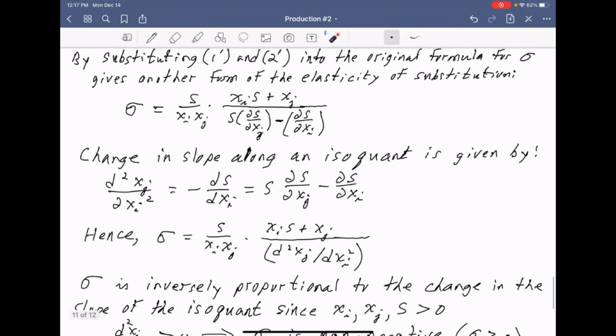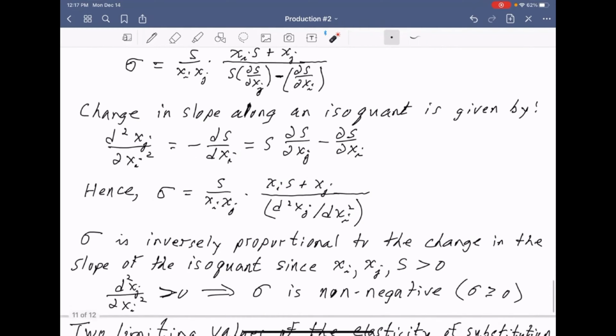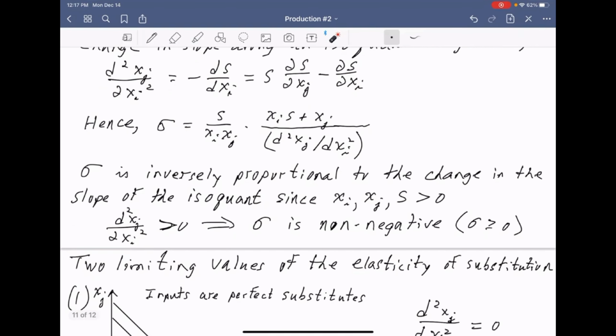The change in slope along an isoquant is given by this amount here, and therefore in the end we can write the elasticity of substitution as this amount here. Notice that sigma is inversely proportional to the change in the slope of the isoquant, since xi, xj, and s, the marginal rate of technical substitution, are all positive. And we know that the